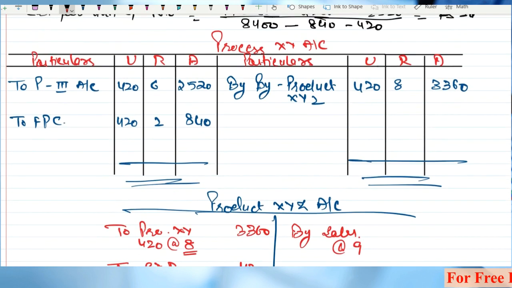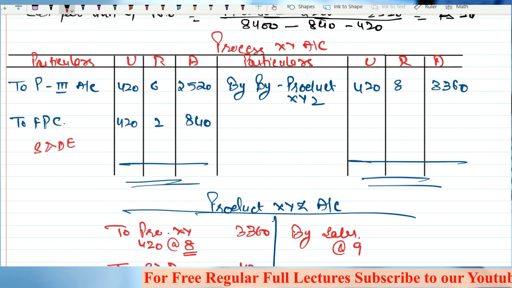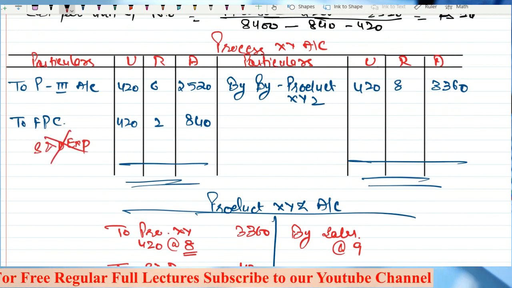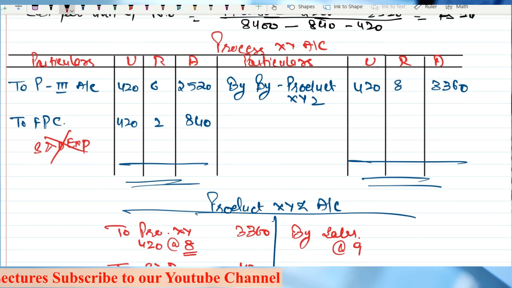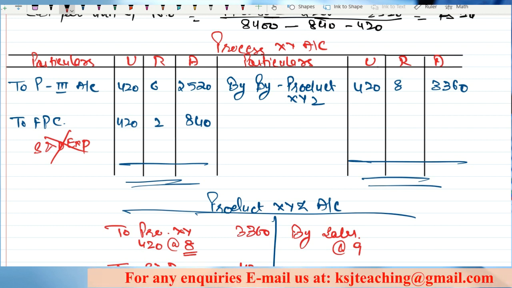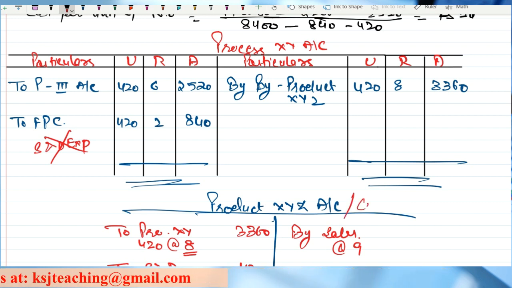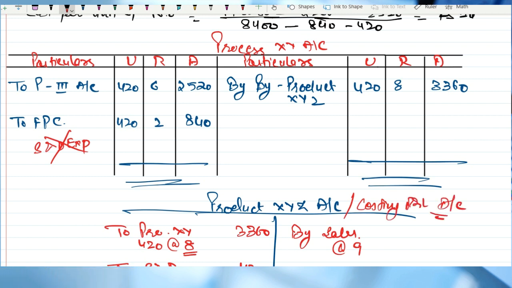So do not commit a mistake of taking the selling and distribution expenses here. Sir, we are not incurring the expenses in the process account. In that particular process XY, what we are doing is we are only doing the further processing of that particular product, right? We are not incurring the selling and distribution expenses. Selling and distribution expenses we are incurring after it is completed, right? Here it can be product XY account or it can be costing P&L account also. We can take it as costing P&L account also. That is not required in the question, but anyhow.